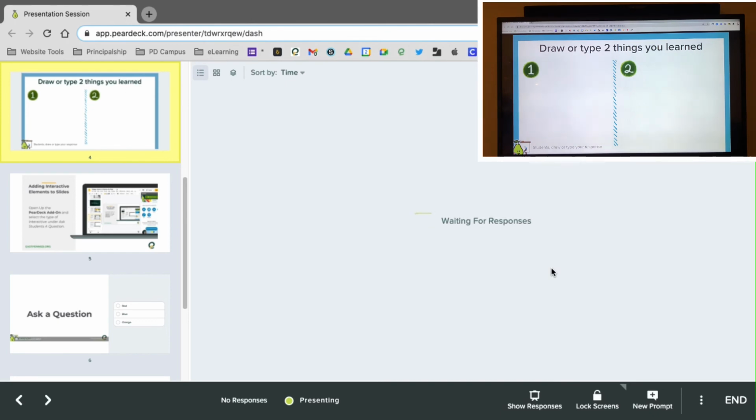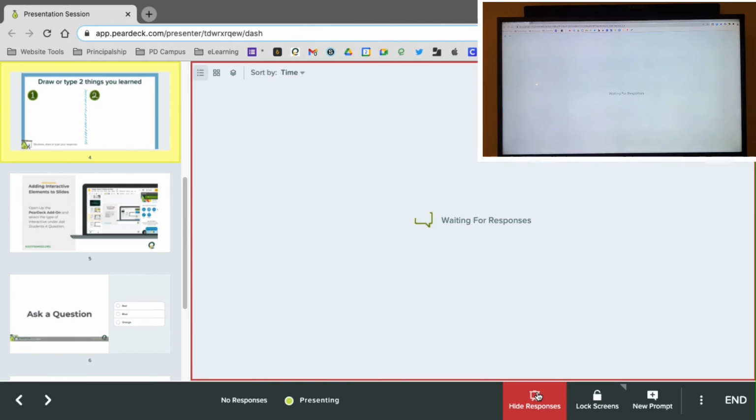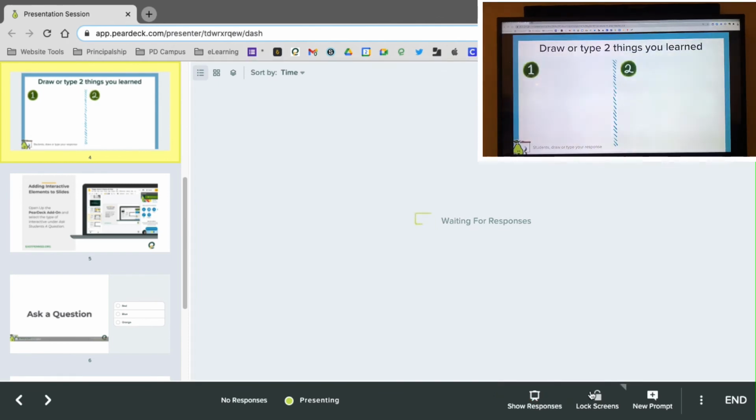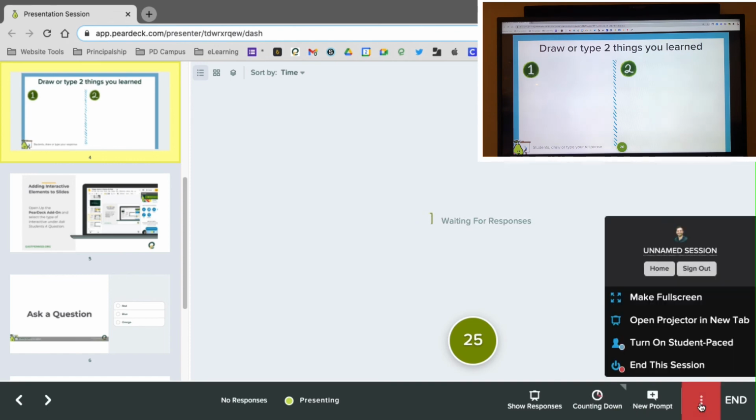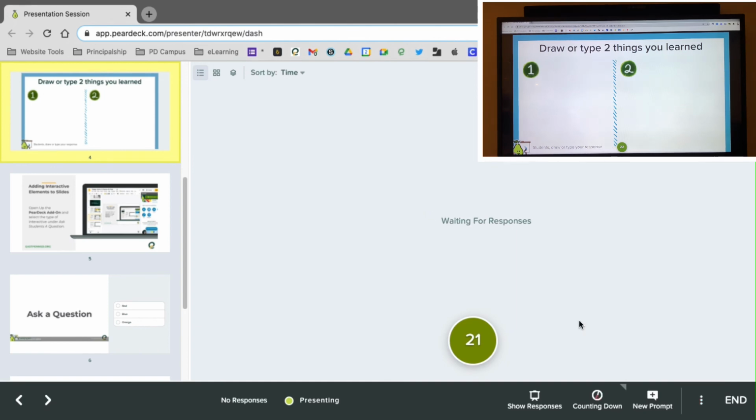So dashboard view is great when you're doing stuff like this. You can also down here do show responses, and that would show the responses of the students. If I hold my finger down, I can do a countdown. All right, and over here, I can turn this into student paced mode. So again, you get lots of advantages by going through the dashboard view rather than just projecting the same thing